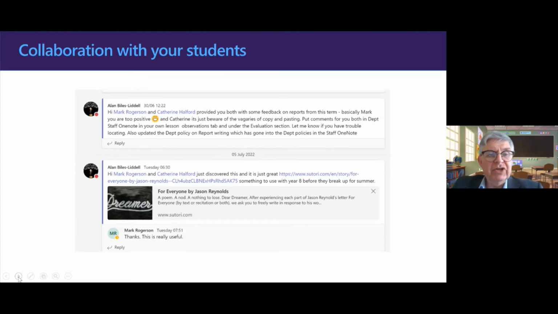Another aspect of collaboration, and what I've done here is I've just shown a bit of a posting that's going on between myself and two members of my department, so I'm not using students' names there. But again, this is the great thing in the posts. Recently one of my students was talking about their language NEA that they wanted to do for me as a language study, and they're coming up with, as happens quite often in many a year, they want to do something in connection with Love Island, and it is an interesting topic that they'll come up with here. And I then found an article that I just noticed in the Guardian.